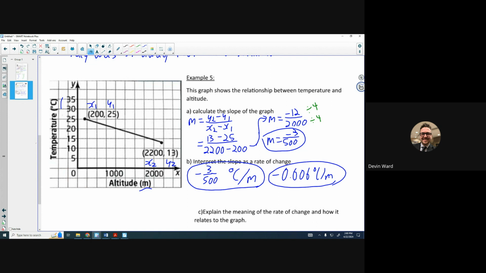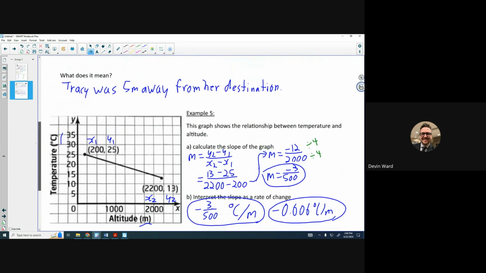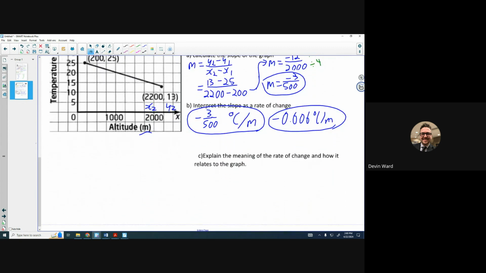Okay, so what does this rate of change actually mean? We're talking about temperature and altitude. Altitude is just how high something is off the ground, so it's generally used with planes. We can see that as my run increases, as my x value increases, my temperature decreases. It's a negative slope because it's going down to the right. So that means that as, we'll just say plane,